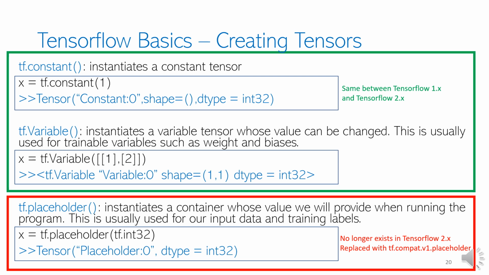tf.placeholder instantiates a container whose value will be provided when running the program. This is usually used for the input data to our architecture and, for example, for training labels. So when you are training your models, you can input different values into a placeholder. For example, as mentioned, this can be your input images or your input labels. And you will see later on that you're not gonna need any placeholders for TensorFlow version 2